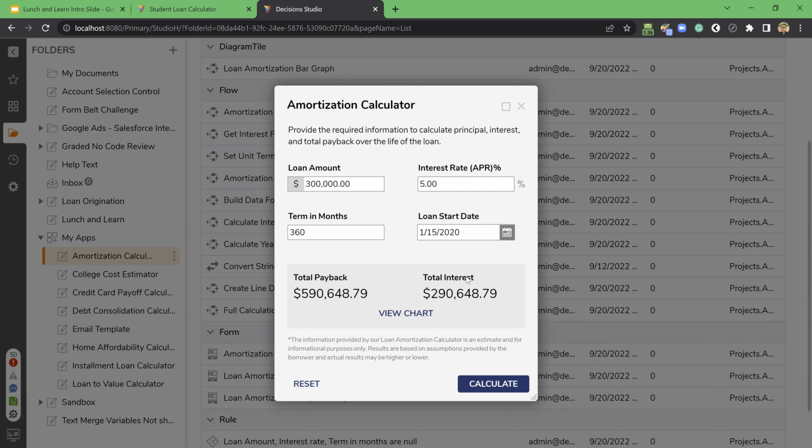Hit the reset button, and it clears out everything on this calculator. This is all made in, I think we were developing an 8.3 or 8.4 here, but in 8 and 7, you all have active form flows. So this was all done with active form flows. If we go to our view chart,